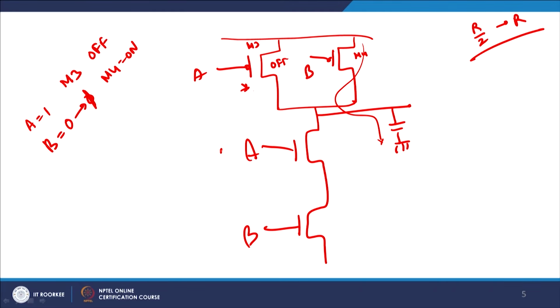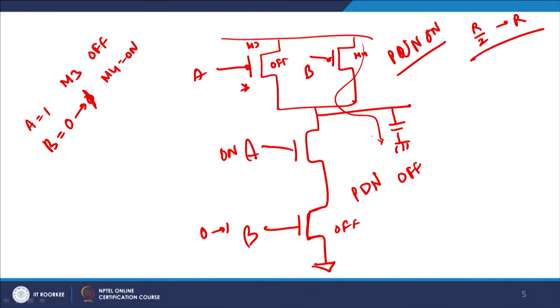When A equals 1, this was on, but this was off. So, as I told you in the previous turn, your pull down network is basically in the off state, and the pull up network is basically in the on state. Now, when B goes from 0 to 1, this B switches on. As it switches on, the output voltage falls to 0, and therefore any voltage available here will have a route to ground and the output goes from 1 to 0, right. So, TPHL will now be available to you.